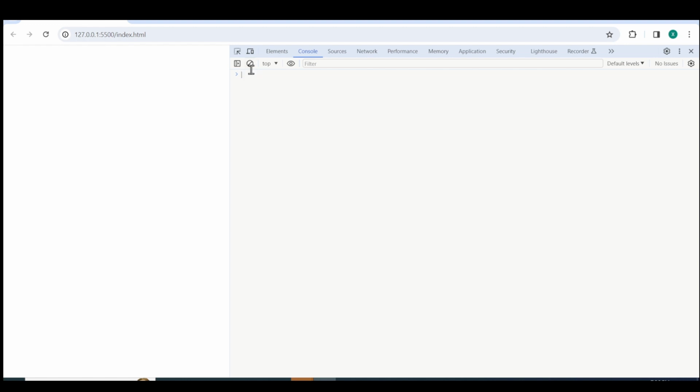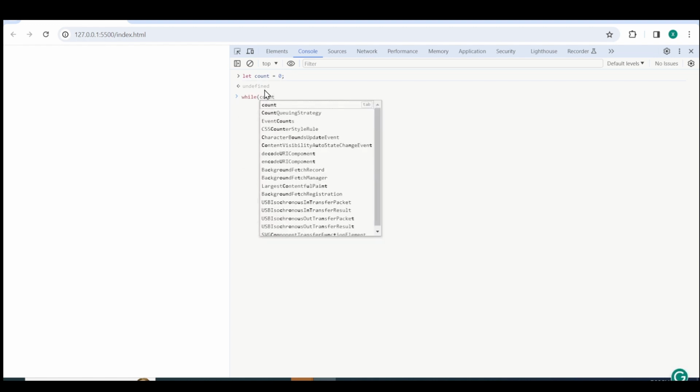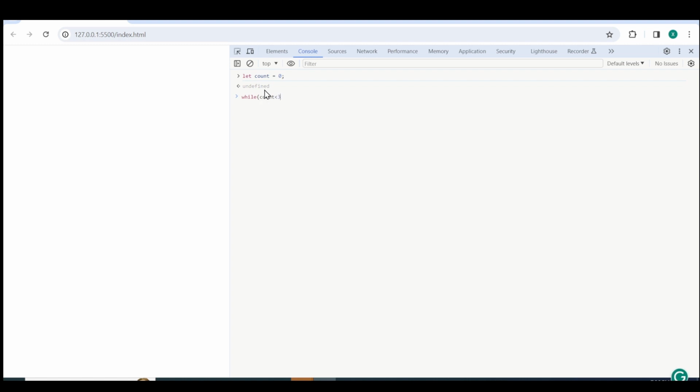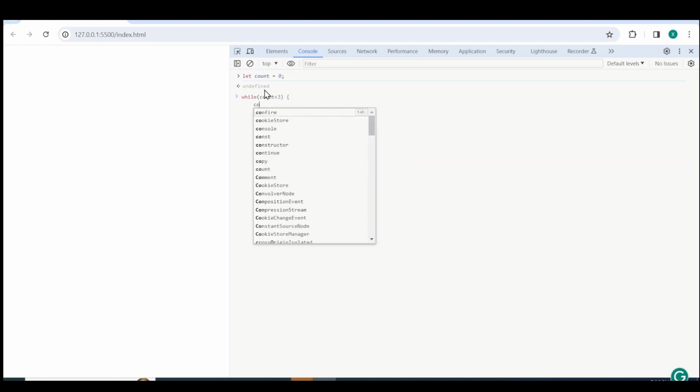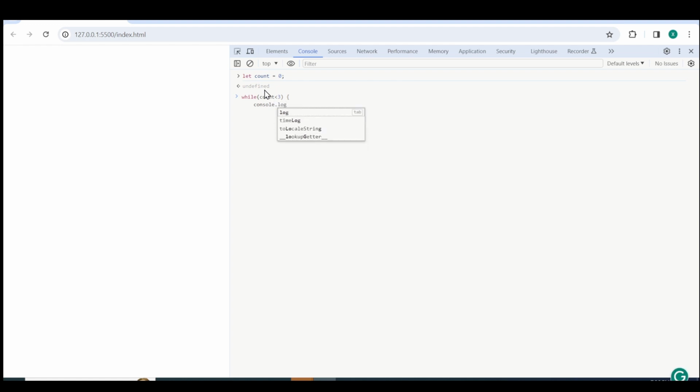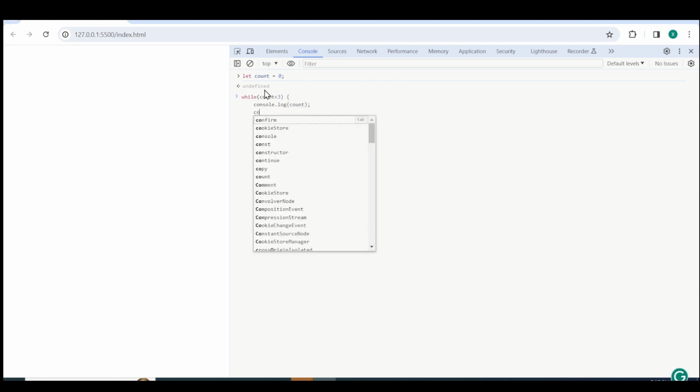let count = 0; while (count < 3) { console.log(count); count++; }